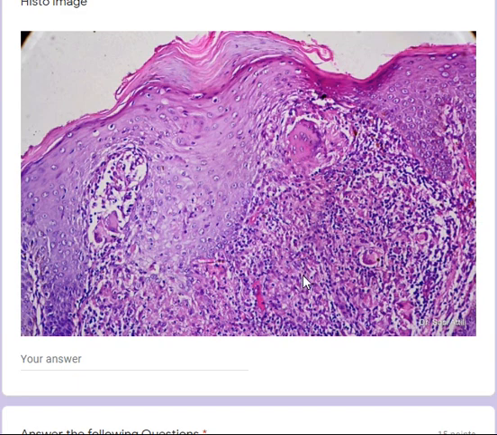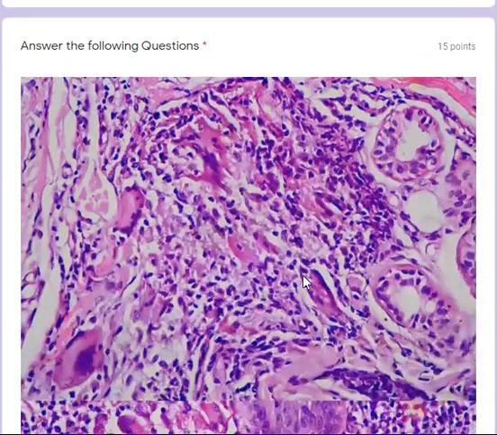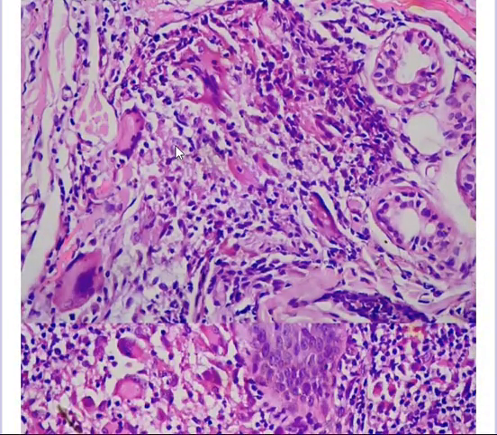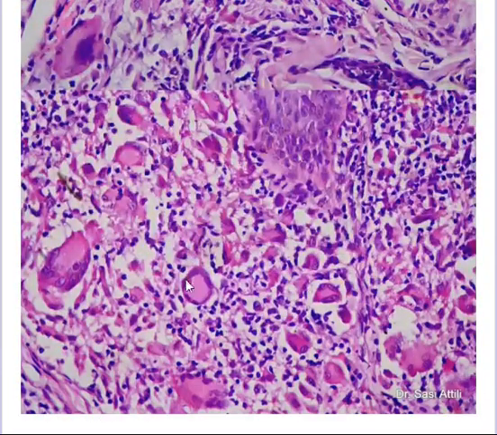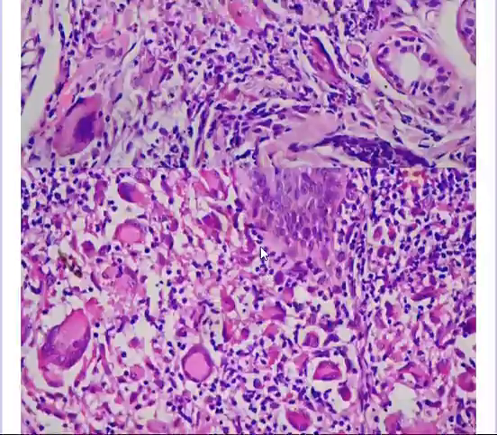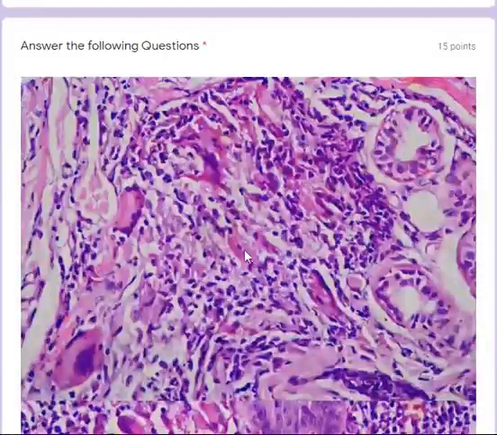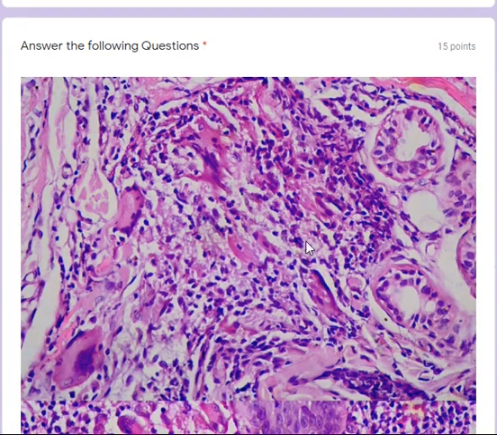Focal parakeratosis is seen, and what you also see here is this sort of granular material. This is the higher part of the same thing. Now this granular material is typical of caseous necrosis. This is not collagenolysis, this is not degenerated collagen. It is degenerated connective tissue to some extent, but this is not the type you'd see in granuloma annulare. This is caseous type necrosis where you see this granular eosinophilic material.